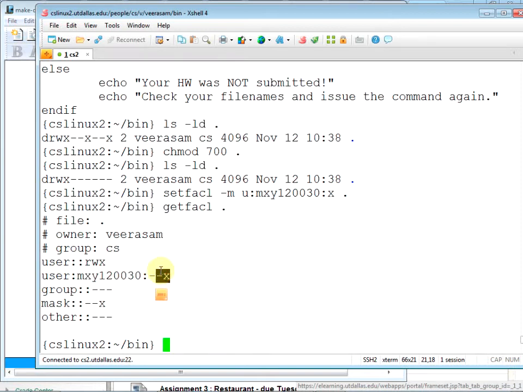Try that again, same command, the ls command or turnin, both commands really. Did I type it correctly? mxy120030. Are you able to list my files? It says I cannot open the directory.